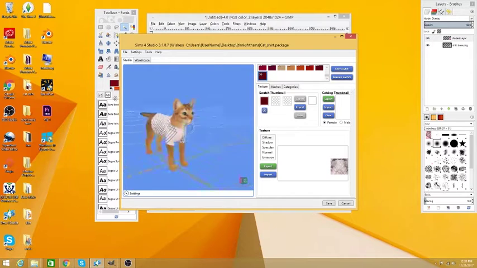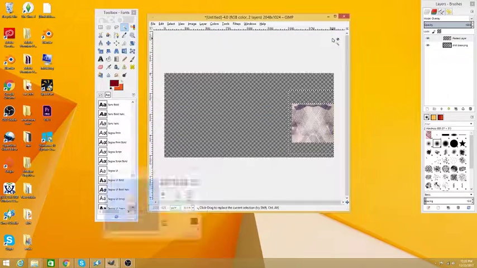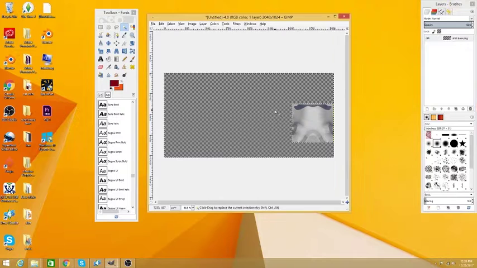I probably won't keep this in the file, though. So I'm going to remove the swatch. But now to one of my favorite parts, making it look cool and like it's patched, which I'm really into that style. I'm going to delete the layer and